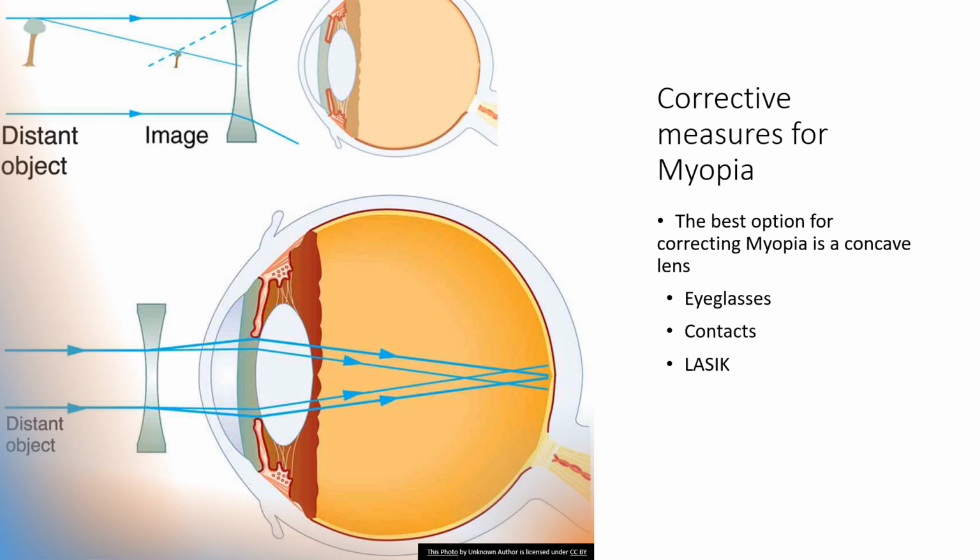Eyeglasses, contacts, and or LASIK surgery are a good corrective option for myopes. The concave lens allows the light to be diverged further so that it actually hits the back of the eyeball, which is the retina. The retina is a thin layer in the back of the eye. I consider it the motherboard of our vision. Without the retina, we could not see. So,